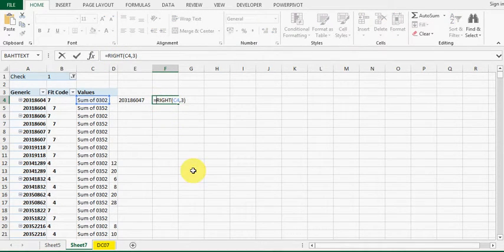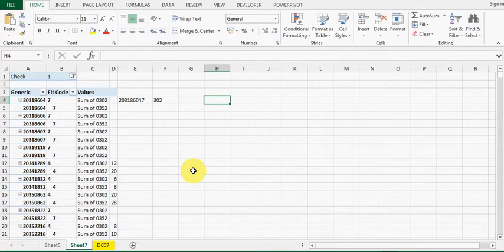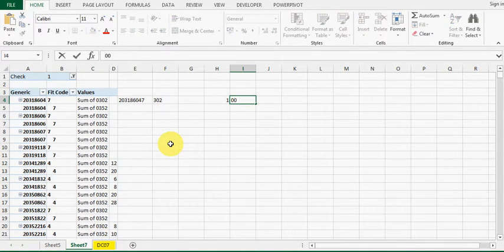Therefore, I just want to make sure it always has a leading 0. That means, for instance, if the value here is 1, I want to show it as 001. In normal Excel, it will remove the leading 0. I want to make it a fixed 0. Therefore, I use the function equal TEXT, tab. I have to get this value, comma, open double quote, 000, because I want to have 3 digits with leading 0. So close bracket,